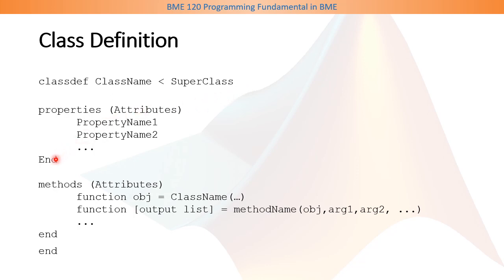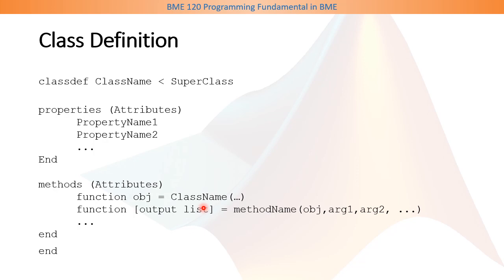Inside the class definition, there are multiple sections. The section for properties includes a list of properties. They are the property names and can be considered as variables within the class. The next section is methods. It is a list of functions, and each function corresponds to a method. There is a special function that uses the same name as a class name. This is called a constructor function, and it is used when the class is instantiated, and it is to initialize